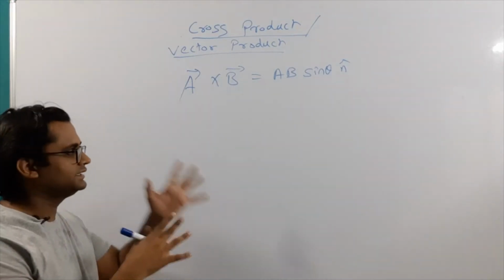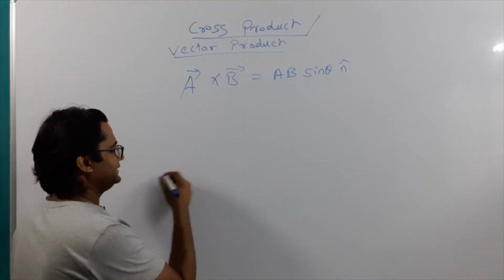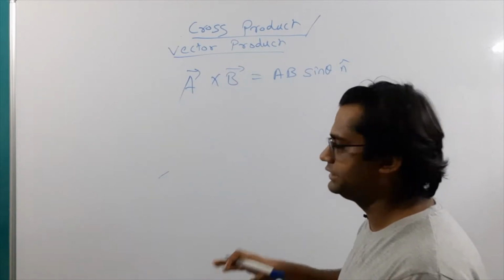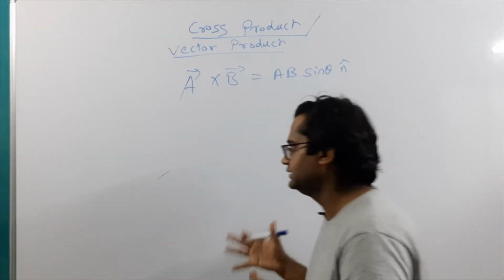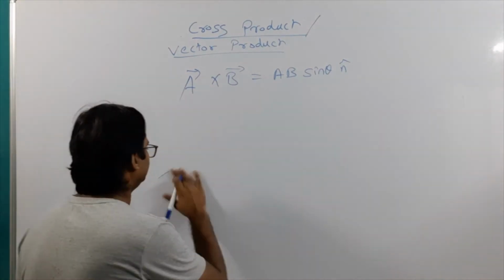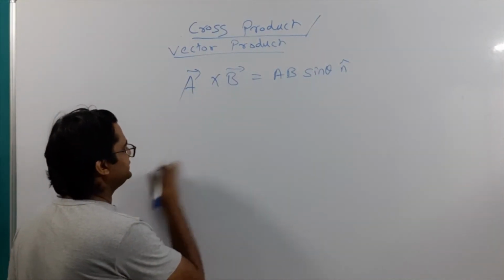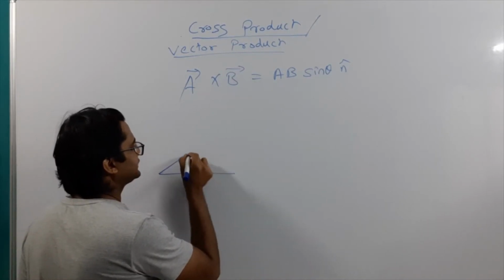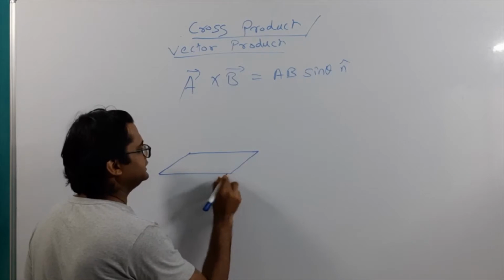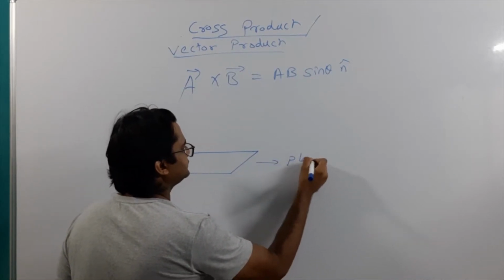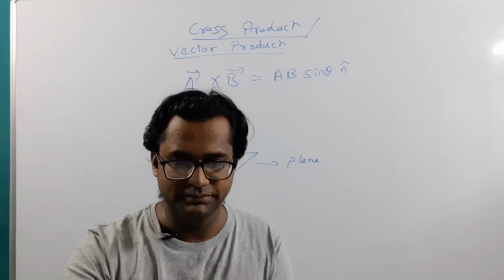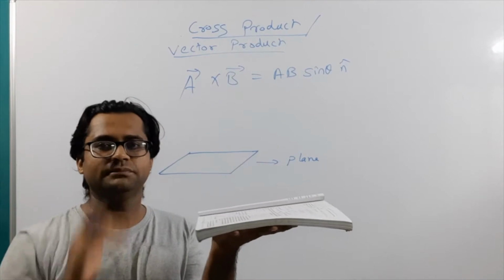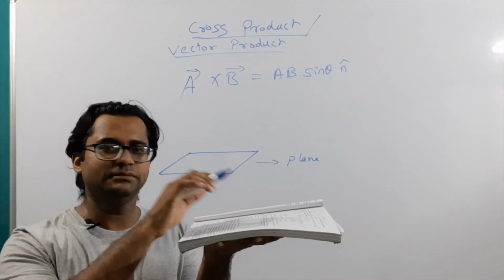Okay, now let us visualize this situation. Let us say I have a plane. Now see, this is a 3D situation. Okay, so again I am drawing a 3D situation on the board, which is a 2D surface. So you have to imagine the situation here. Let us consider we have a table like this, and this table will behave like a plane. What do I mean by plane? Let me show you. Suppose this surface of the book is our plane. Okay, and my vectors a bar and b bar are in this plane.